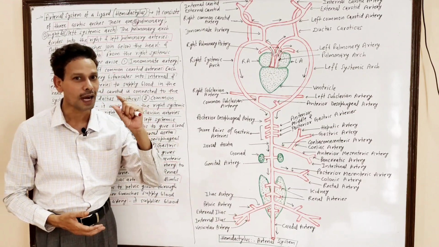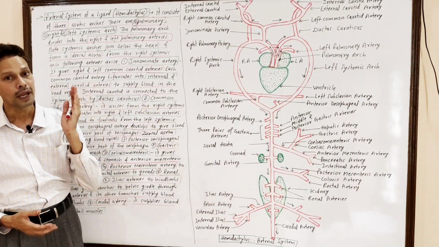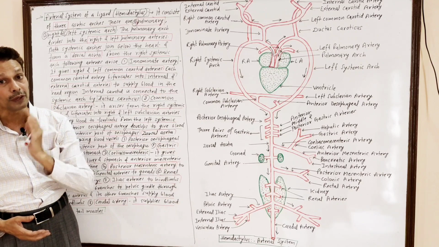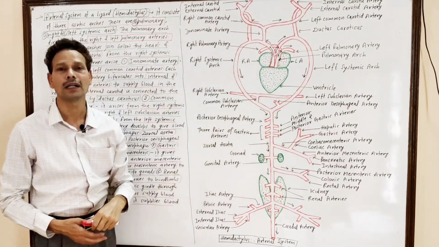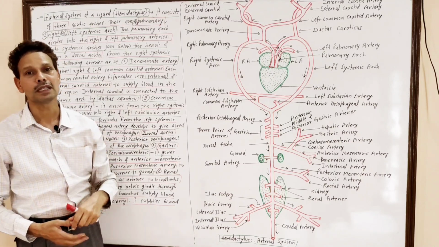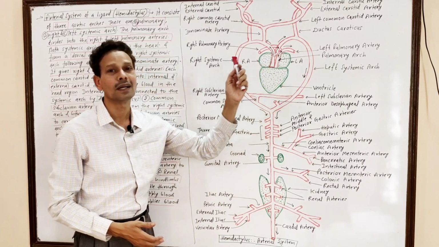In today's lecture we will discuss the arterial system of Wall-E chart, the house lizard, Hemidactylus flaviviridis. In this arterial system, three main blood vessels arise independently from the ventricle.